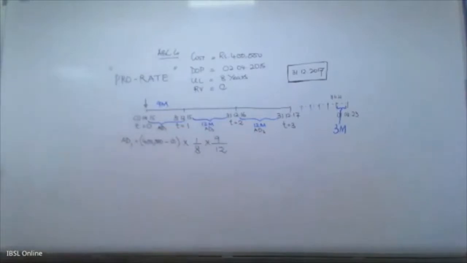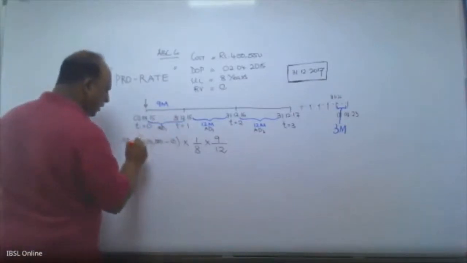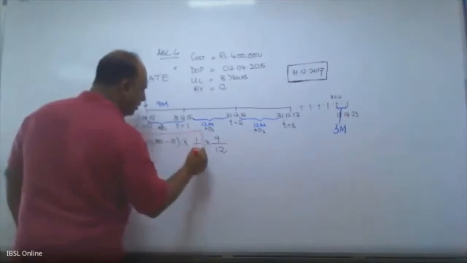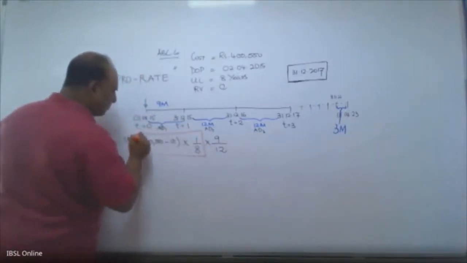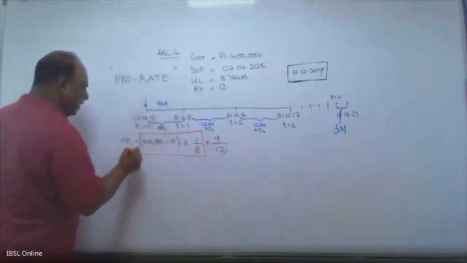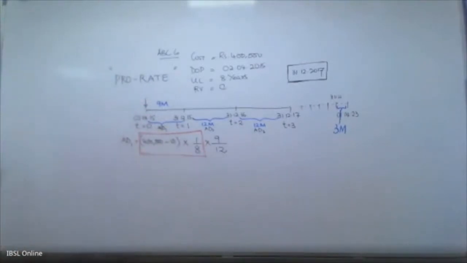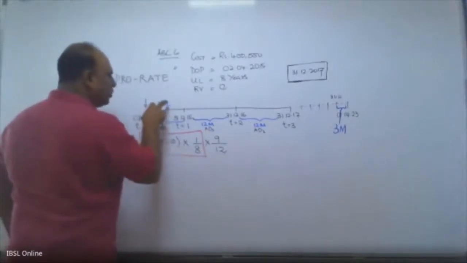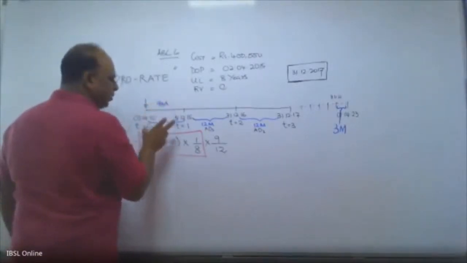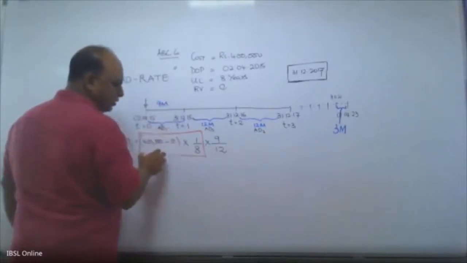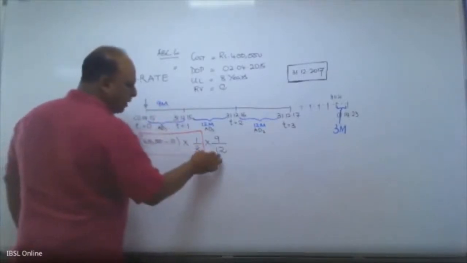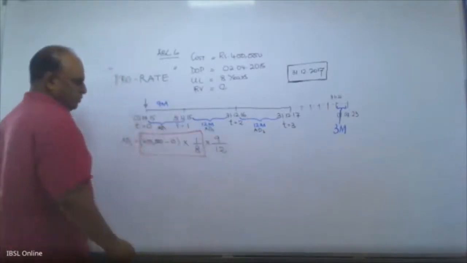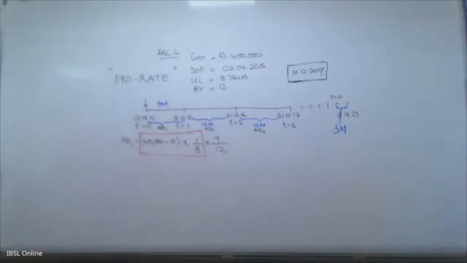Is that point understood? When you look at the annual depreciation for this period, if you are looking at 12 months, this is what it is. What I have boxed in red is that. But the problem here is, in this first financial year, I need to depreciate only for 9 months. So what I am calculating here is for 12 months. So I divide it by 12 and multiply it by 9. And now I get the answer.